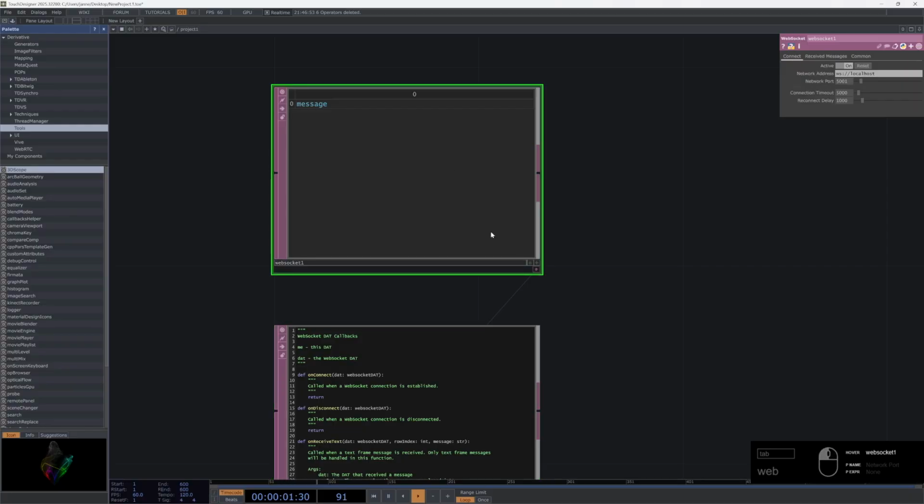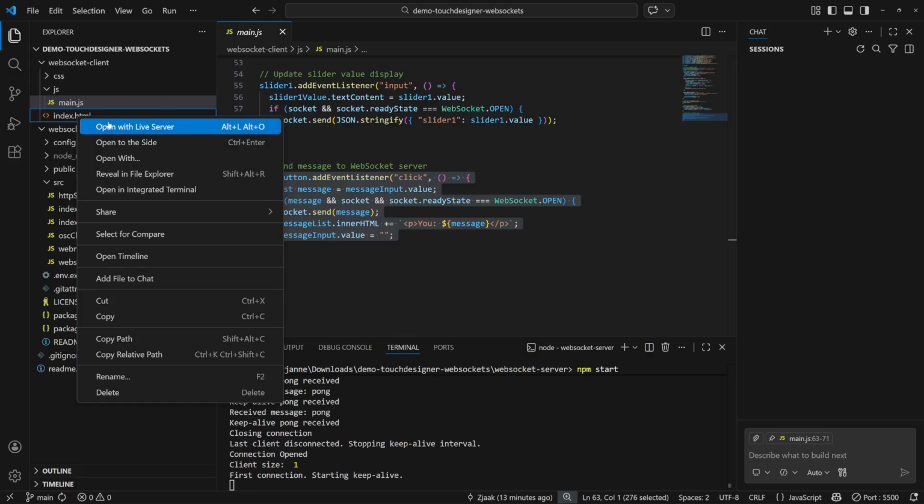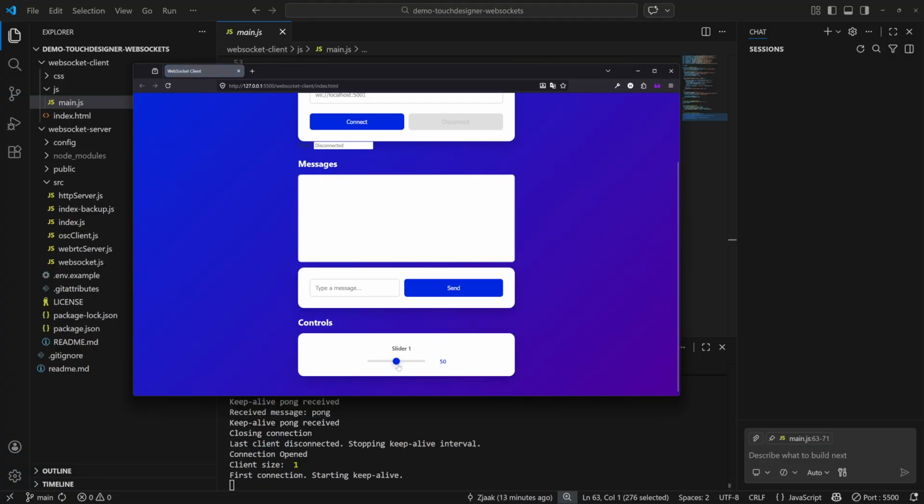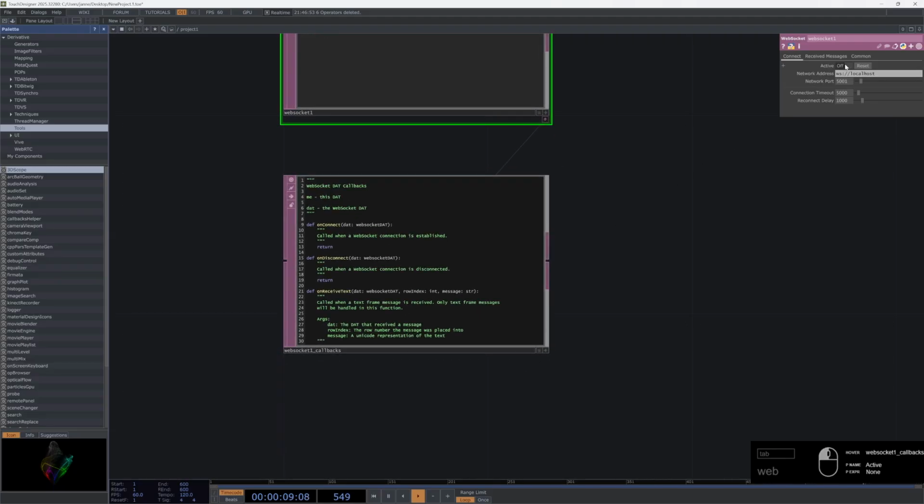And then we can already try if that works. So right click on this and we open a client with the live server. And normally if we change the slider around,